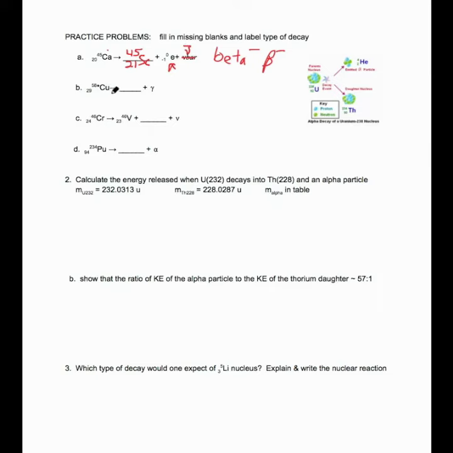Alright, so here we have copper, and then we have a gamma, so that's clearly gamma emission. And since gamma has no charge and no mass, nothing's going to change, so it's still going to be copper 58 29. Alright, here we have chromium to vanadium, something, and a neutrino. The neutrino is a clue that it's going to be a beta. Looking at the numbers here, 23 to 24, so this is going to be positive 1,